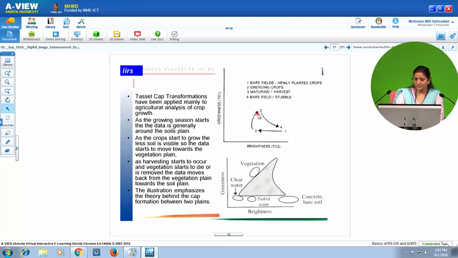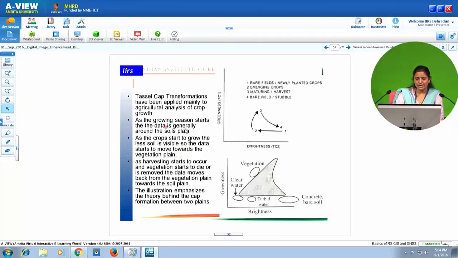At the time of maturity of the crop, it is having the maximum greenness, and then the yellowing of the crop starts. Before harvesting, the crop starts yellowing and the greenness starts decreasing, and once the crop is harvested, it is again back to the same spot in which the brightness was more and greenness was very less.